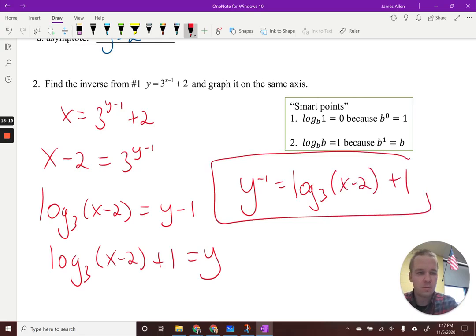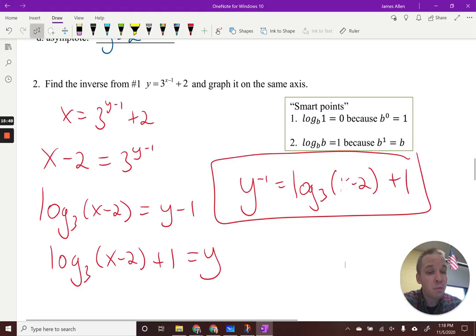right there. Beautiful. Okay. So when we're graphing logs, it's helpful to use some smart points, as you see here in that green box, where it says log base b of 1 equals 0, and log base b of b equals 1. So what are we saying there? Well, if we look at the exponential form, we know that b to the 0 is equal to 1, and b to the first is equal to b. So if we can get this right here to equal 1, and also to equal the base, we'll be in